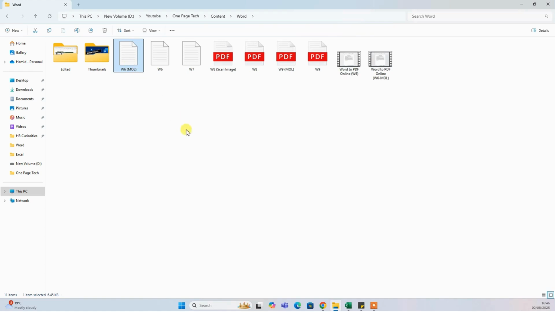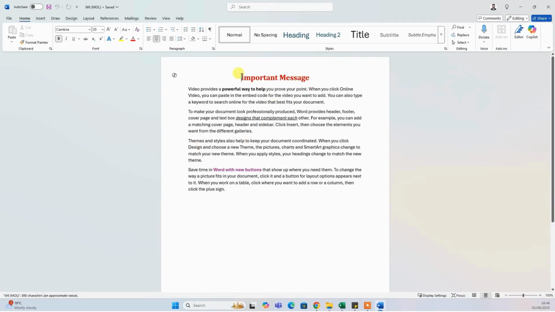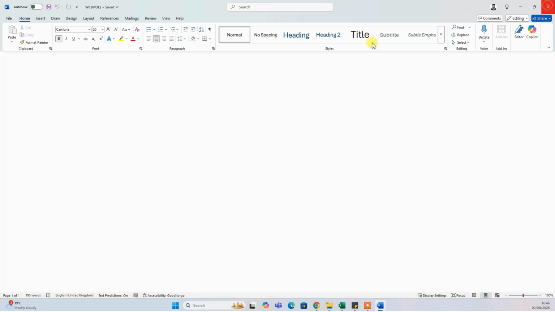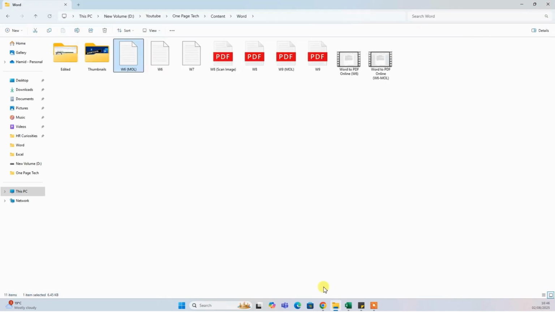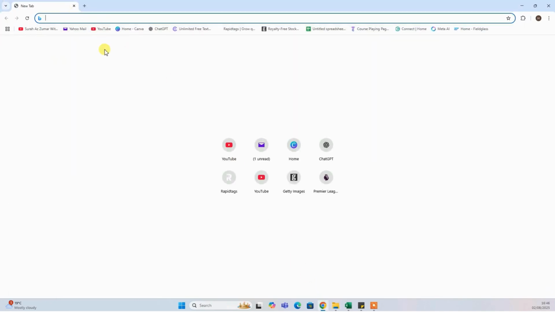So what I will do first, I will check what the formatting is inside this document. I can see there's a red text and there is a bold text, there's underline text, and there are some different color text as well. So I'll close this document and head over to the browser, and then I will type